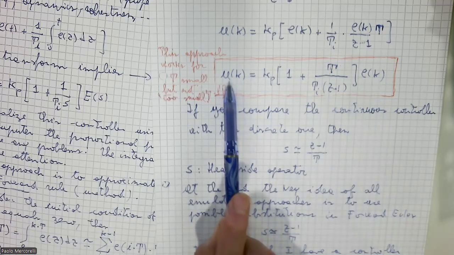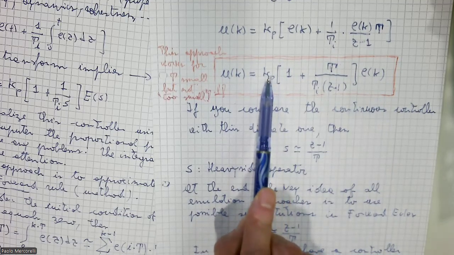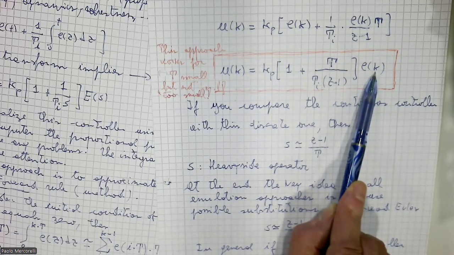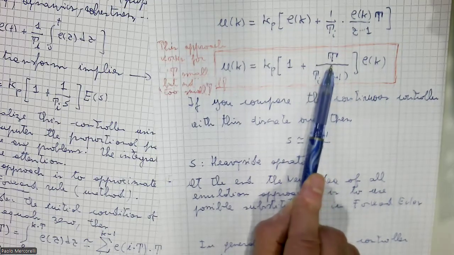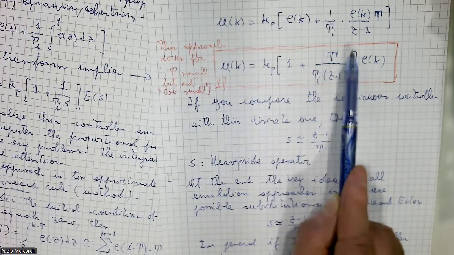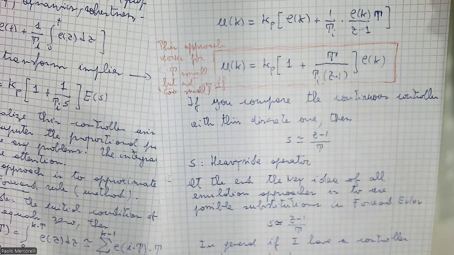I mean, we have this u_k is k multiplied by e_k. If t is small enough or very small, I will destroy, at least in this case, the